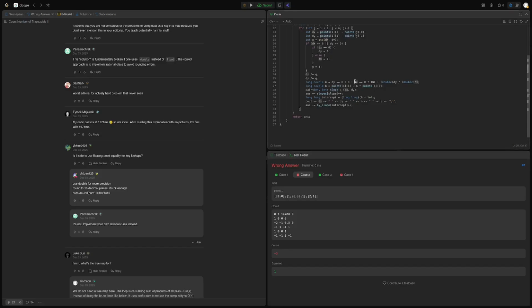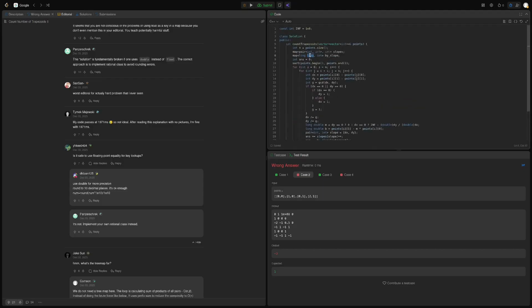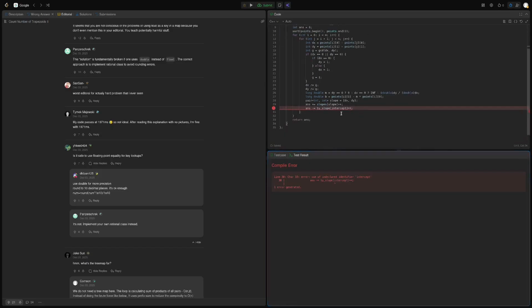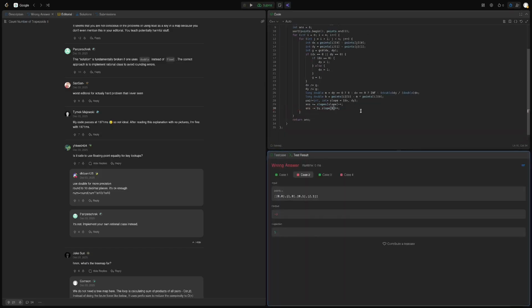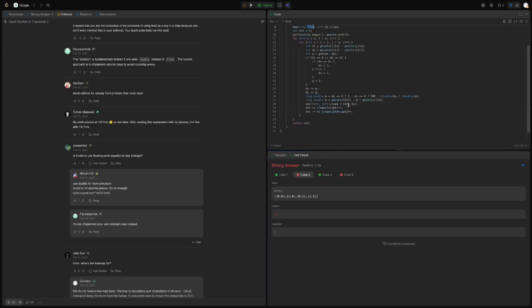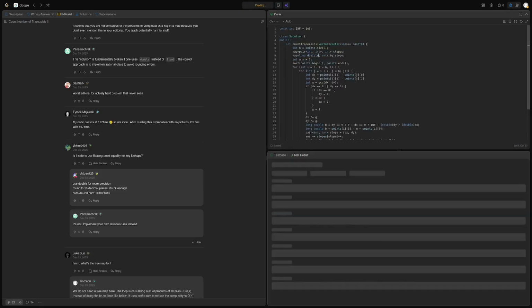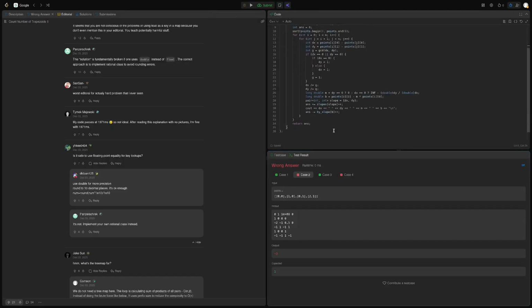So for this slope you have... I could not care and just put a long double there, but anyways, it's not a good idea, as they said, to use double in a map, but